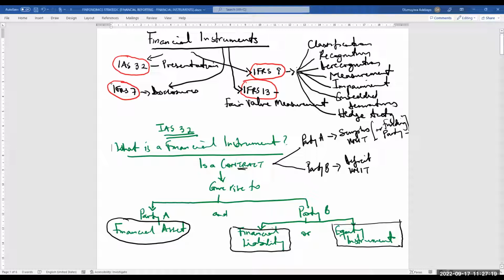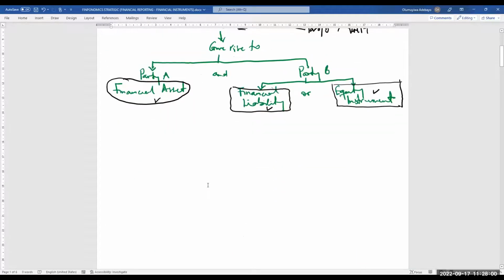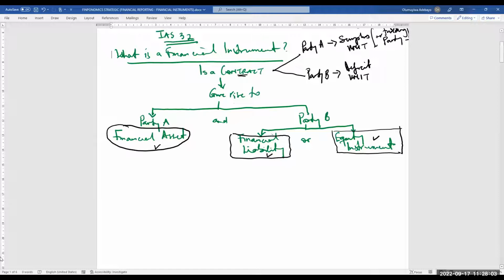And that contract will ensure that the surplus units hold a financial asset, while the deficit units hold a financial liability, or where it does not necessarily require a financial liability, it then means it has an equity instrument. Okay, and that is the position in this case. Now, to further understand it, we ask ourselves a simple question: what do we consider as a financial asset? Now, when we talk about financial assets,